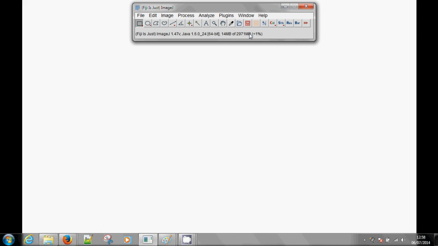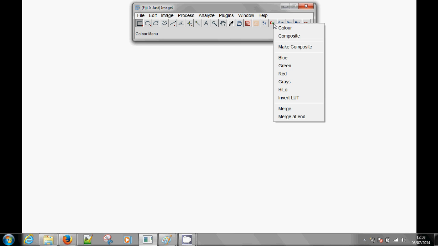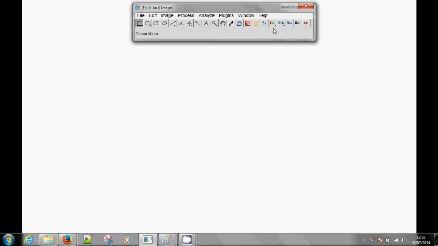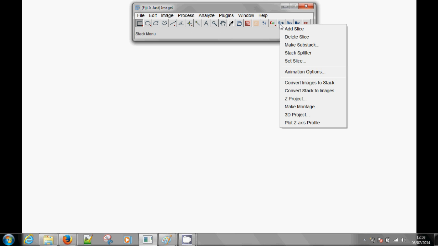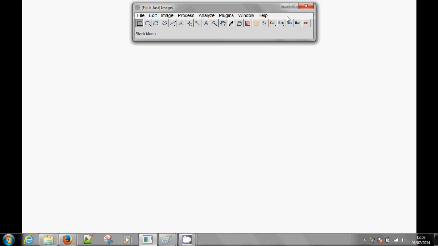This corresponds to buttons that will appear on the right part of the Fiji toolbar. So first, as you can see here, it's to open an image, complex image, save as TIFF or JPEG, brightness and contrast, display some color functions, display here some stack functions, revert here the image to its original state, and